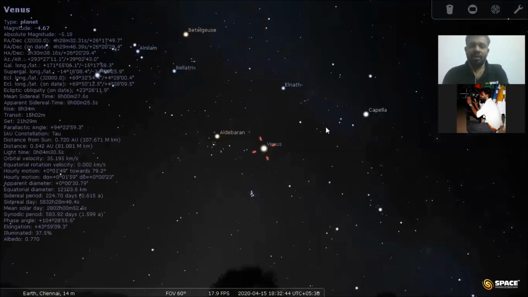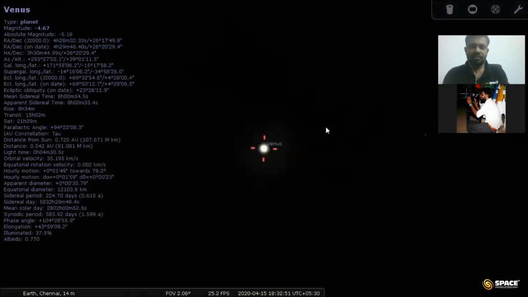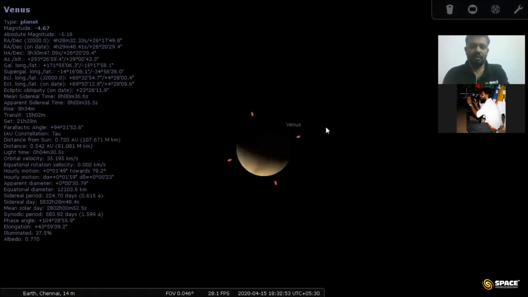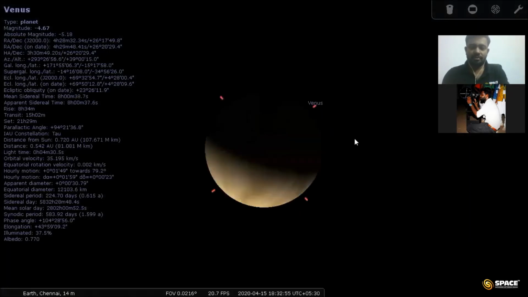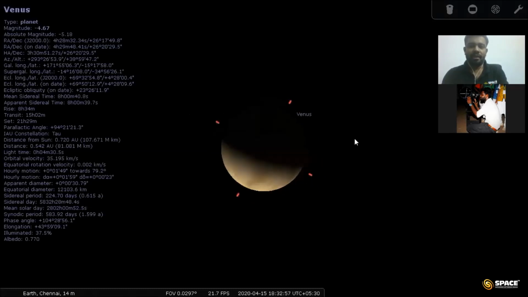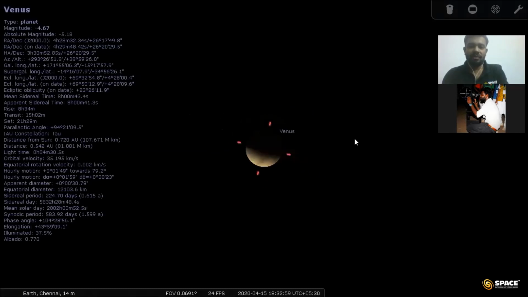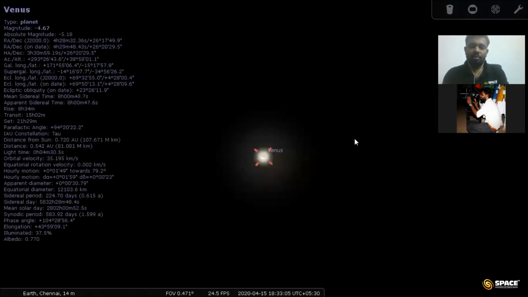Just hold the control button and press page up or up arrow. You can see the face of Venus here. Okay, this is the planet Venus. Then similarly, if you want to zoom out, press Control plus page down.